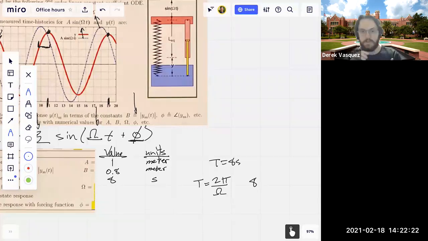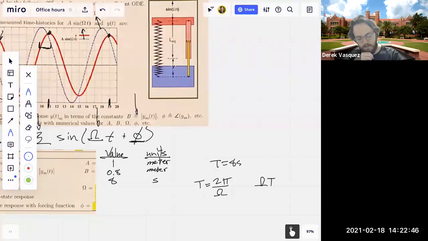And we also know that the frequency of the input and the frequency of the steady state response are the same. So we just solve. We have 8 seconds divided by 2 pi. Oh, sorry, that's not right. I'm skipping steps in my algebra. So we have